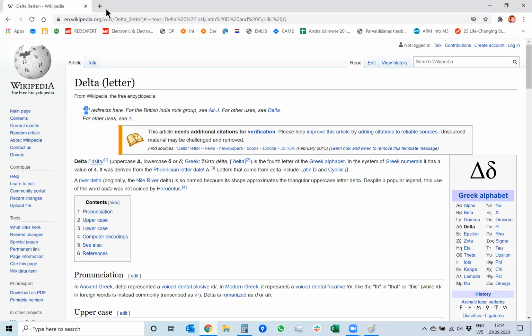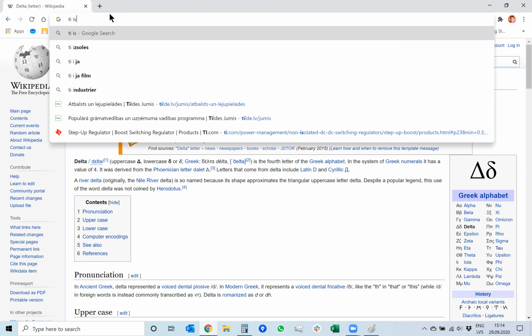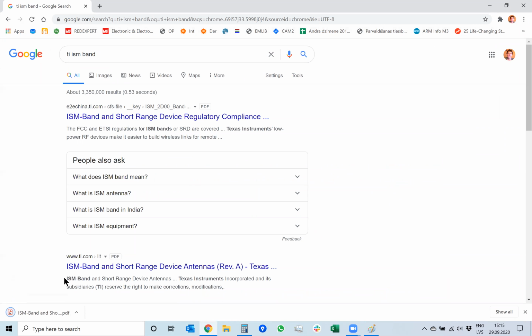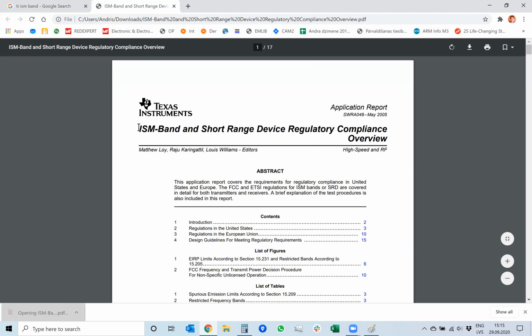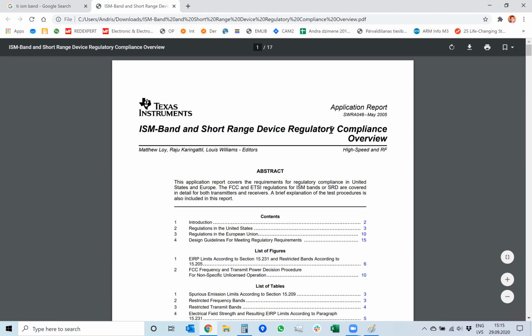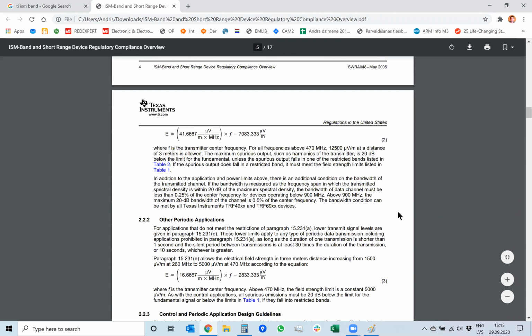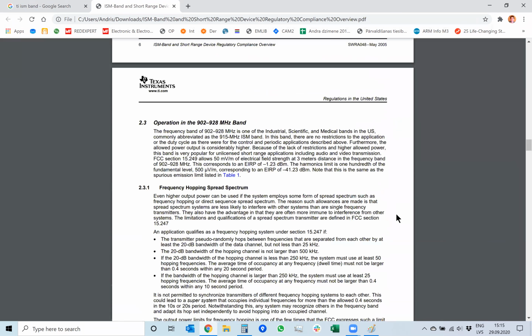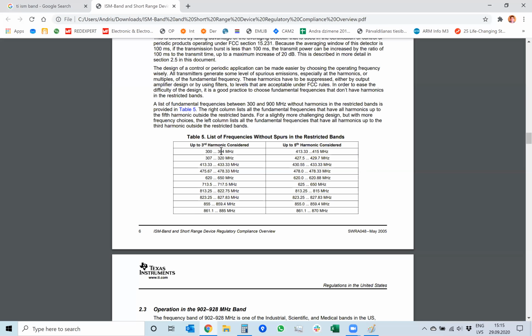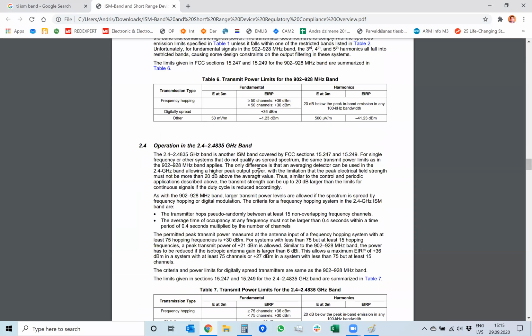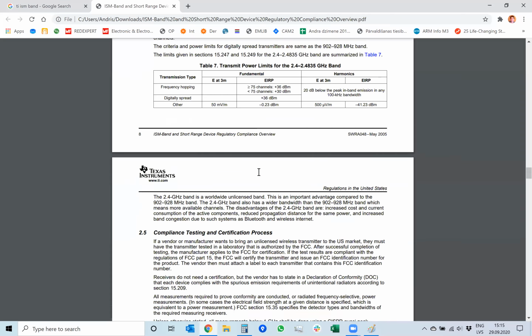And you can find this information on the internet, but there's a very good document compiled by Texas Instruments, yeah, I guess it's this one, where they have kind of summarized the rules in this one document. So they go through the allowed power and also frequency bands. For example, European Union, where is it?